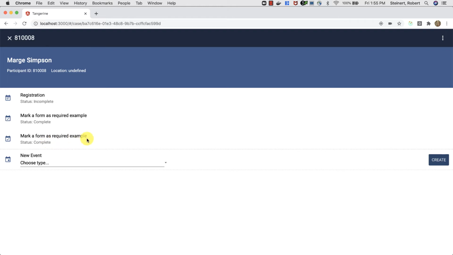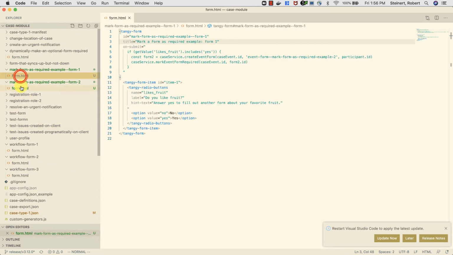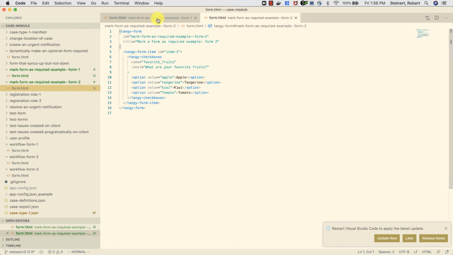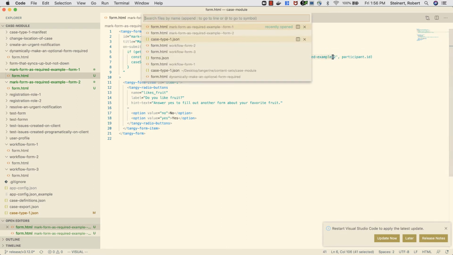Let's check out the content that I used for that. So we're using this mark form as required example form 1 and form 2. It's this one and this one. The first form is where we have the magic. So we have that question of likes fruit. Do you like fruit? And if you answer yes, then we create an event form of the second type. That in that case definition,